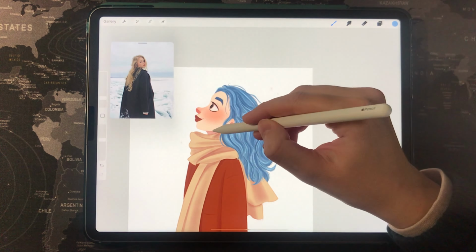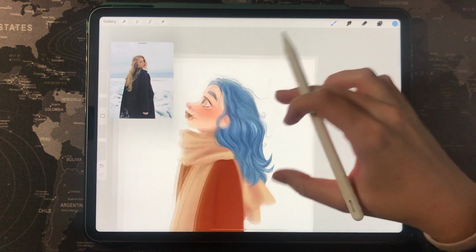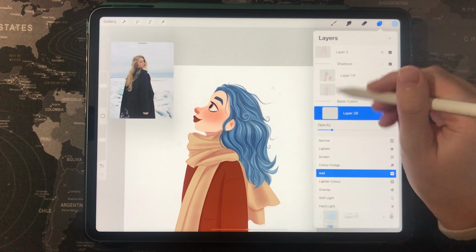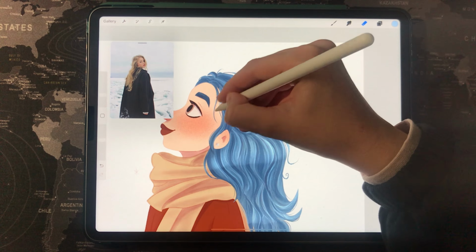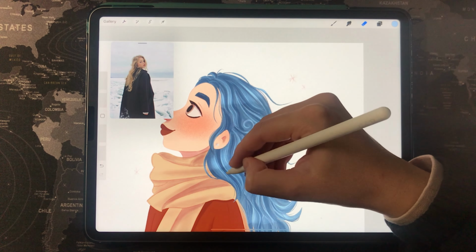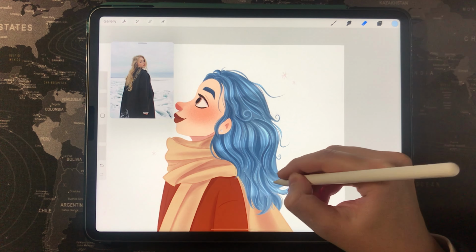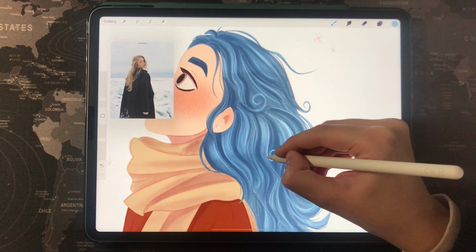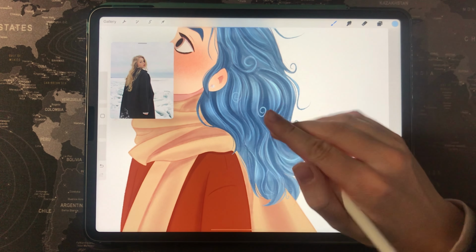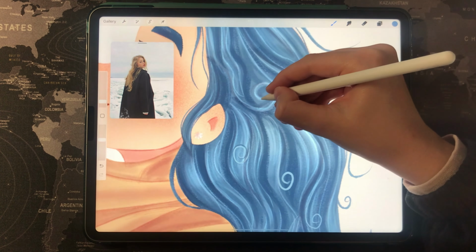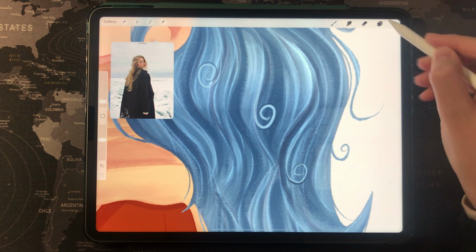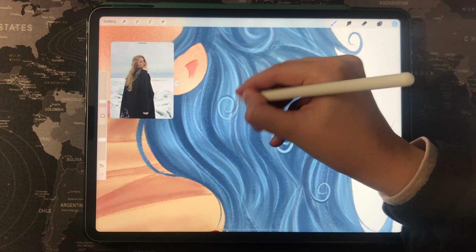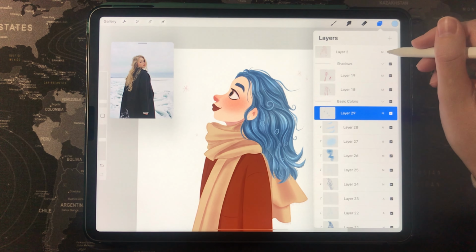I also add some dark parts with the soft brush and also the light parts of the hair with the soft brush. Now I just add a few fun hair strands. I don't know how else to call them, but that's what I liked about the reference photo, because it has those kind of hairs, but of course less than I'm drawing here. I really like to add this kind of hair because it makes the drawing more cartoony and fun.